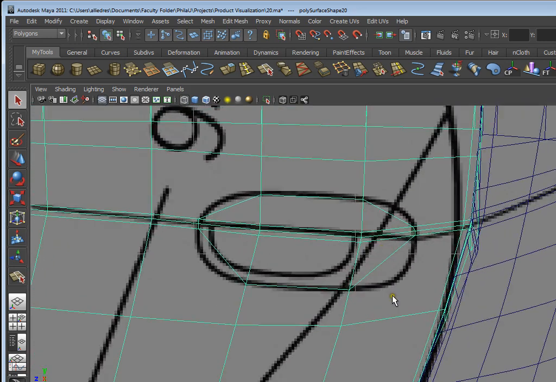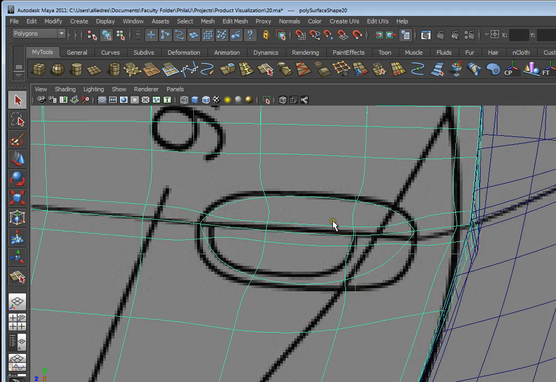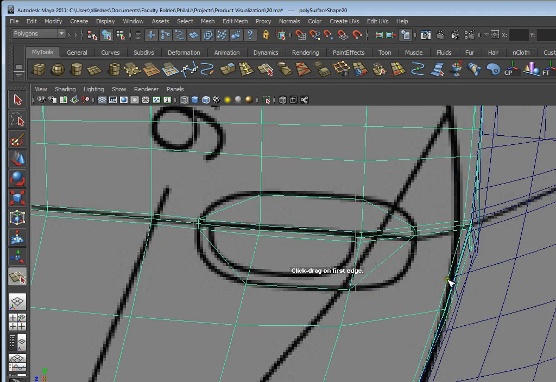Alright, and again, I'm going to have some issues here because I have curvature here that even if I apply the smooth right now, it's not going to be able to create. So I still need to go in there and fix that up. So again, I'm using my split polygon tool and snapping a little bit more geometry in there, so I can actually move that geometry around and make it do what I want it to do. Alright,